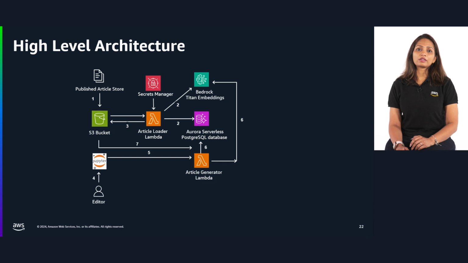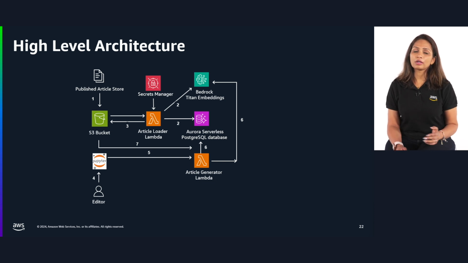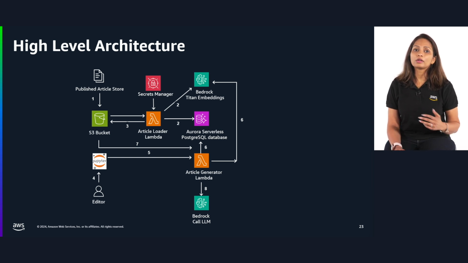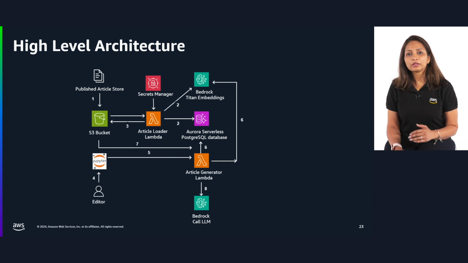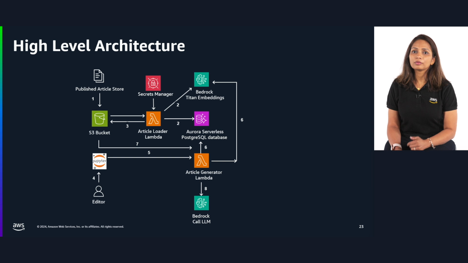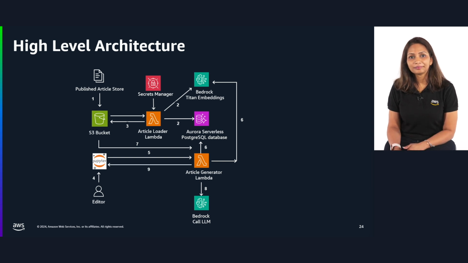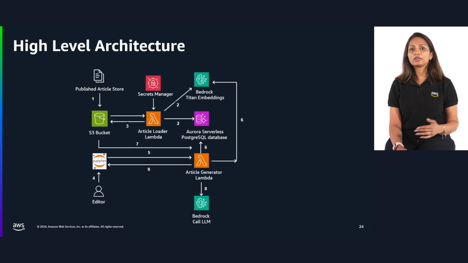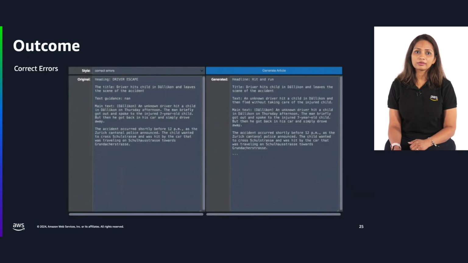Relevant articles are retrieved from S3 based on the context. The lambda then consolidates user selected options, the context, and the original article to form a prompt. This is then submitted to Bedrock LLM to generate a new article. Once the lambda receives the response, the generated article window is refreshed with an improved article. Users can then decide whether they are satisfied with the result or wish to explore different modes.